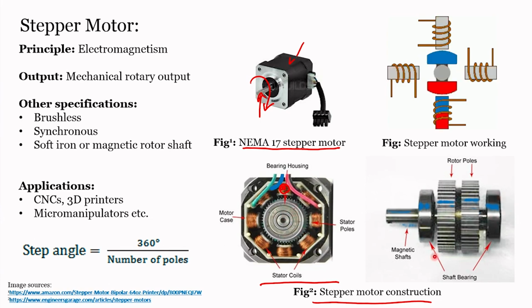And you can see here on the right side, this is the construction of a rotor. It has a shaft, written as magnetic shaft. I will tell you how it is magnetic in a later stage. You can see the shaft here. You have rotor poles. The stator coils are wound on the stator poles, and there are rotor poles also. These poles, as mentioned here, are made up of materials such as soft iron,